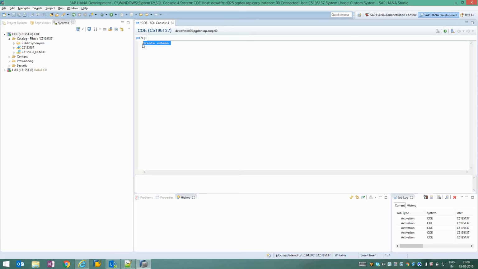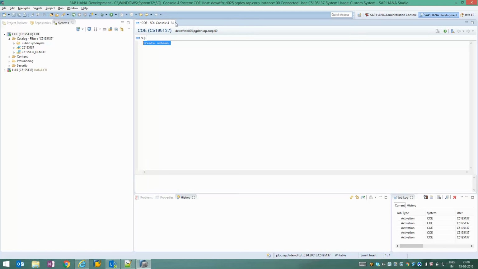artifacts across the systems, we are going to go ahead with the file-based approach in which I will create a file, and upon activating that particular file, that respective object will be created. Now when I move this file from the development system to the quality system, when the file gets activated in the quality system, that respective artifact should have been created.